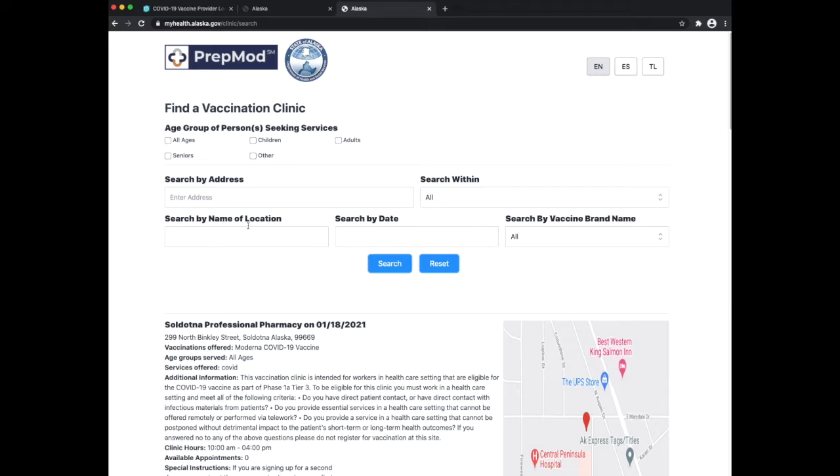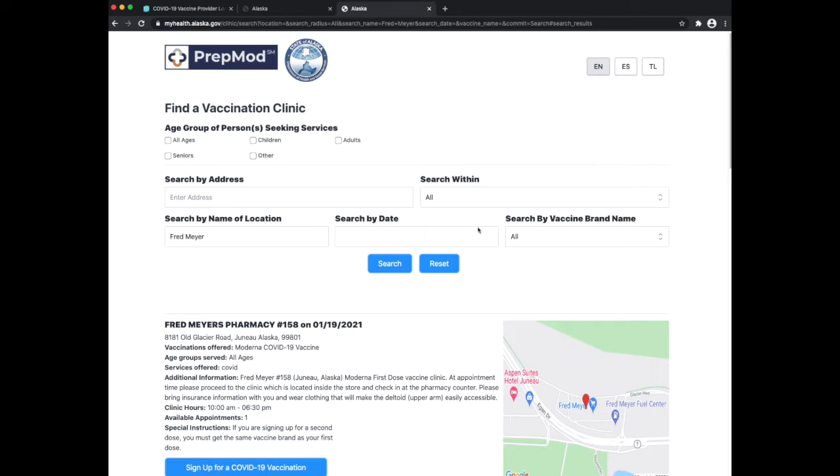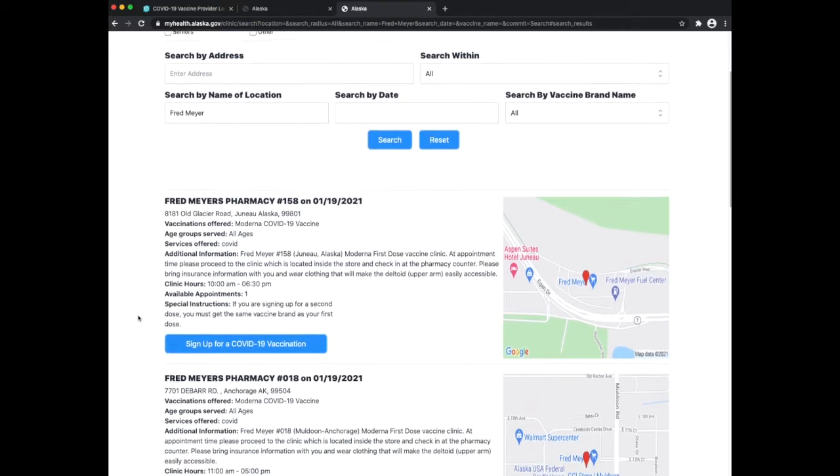The easiest way to find a clinic or location is to know who is offering that on the map or the list, and then search by the name of the location. In this example, I'm going to type Fred Meyer and click Search. You'll notice that this will give us now a list of the various Fred Meyer pharmacies that are offering a